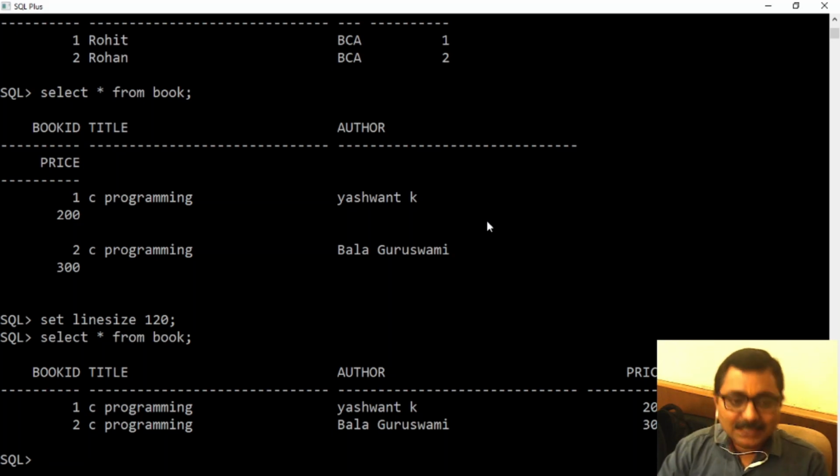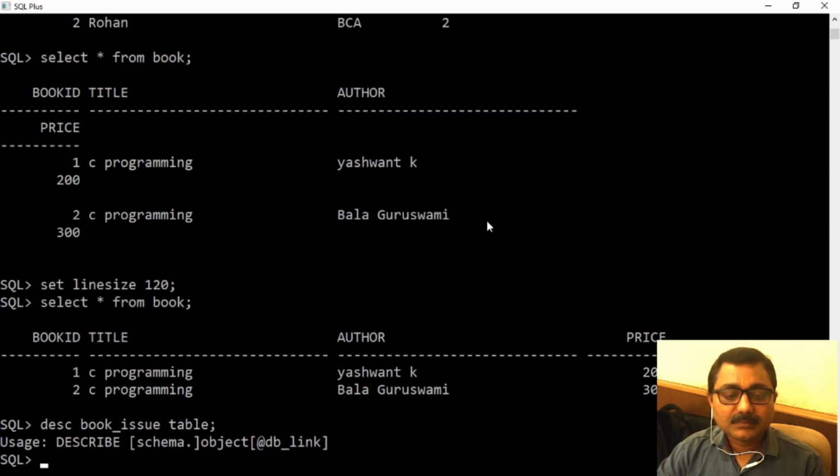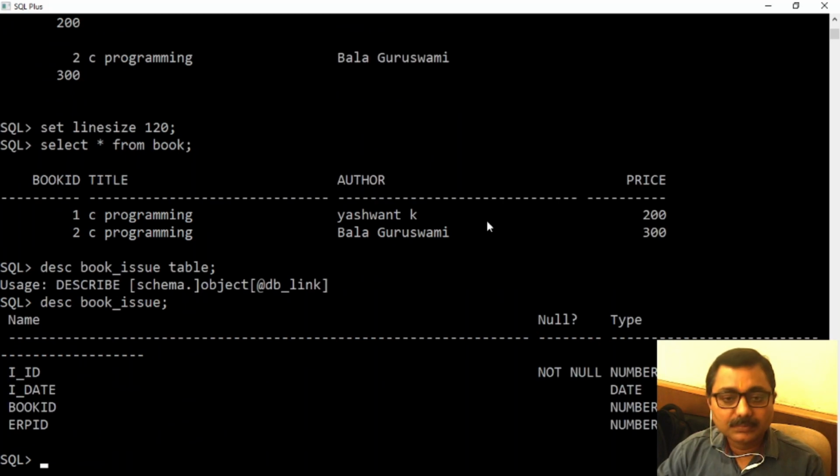So let's see detail of DESC book underscore issue table. Sorry, only I need to write table name. Let's again set line size 140.